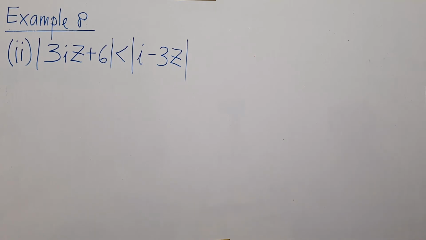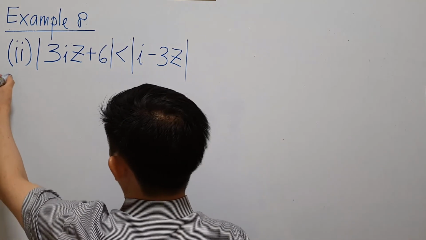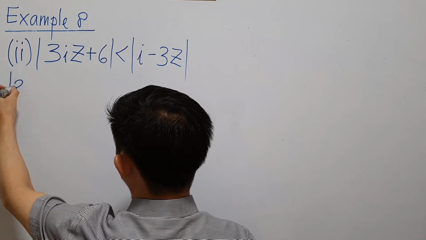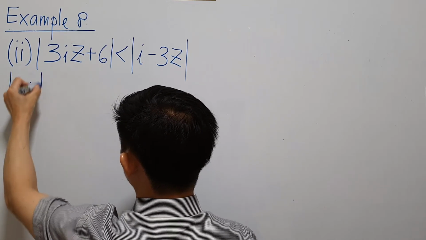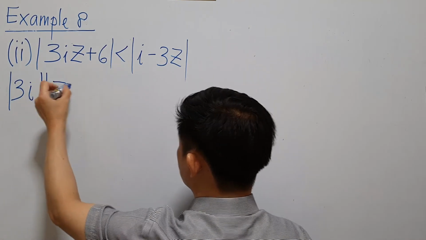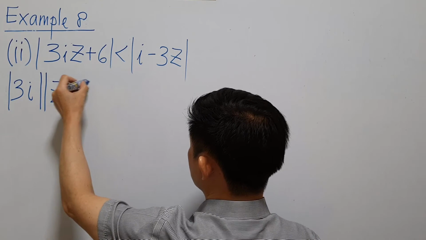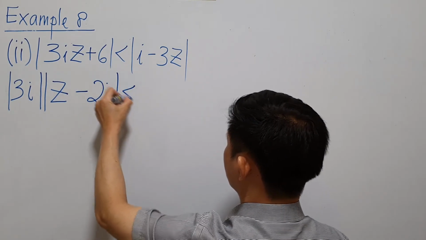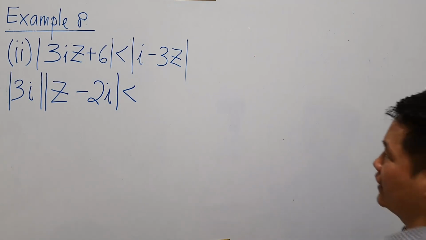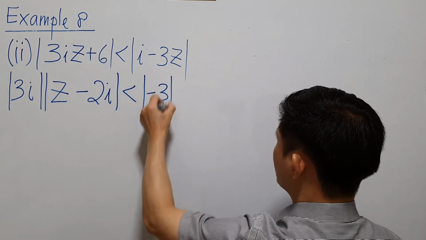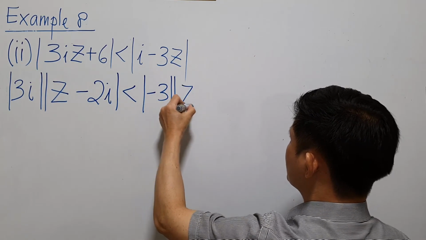In this case, on the left hand side, I intend to take out 3i, so that I'll be left with z minus 2i. On the right hand side, I will take out minus 3, so that I have z